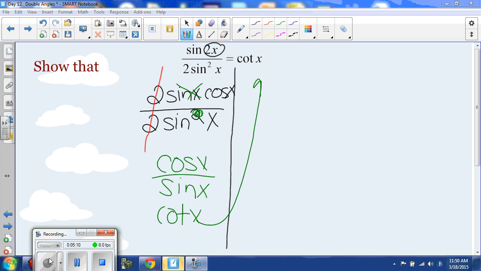So once we reduced the 2 over 2 and a sine in the numerator with one of the sines in the denominator, we were left with cosine x over sine x, cotan x. Therefore, I'm not going to write the original. The original problem is